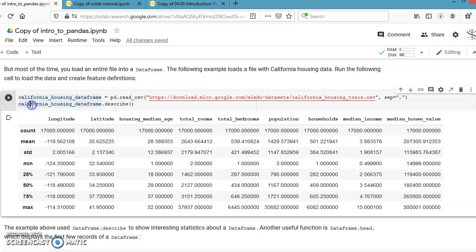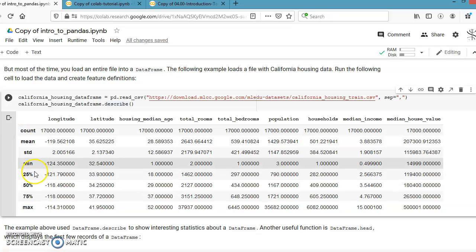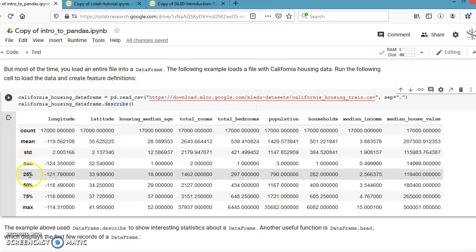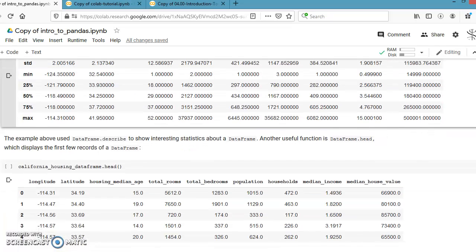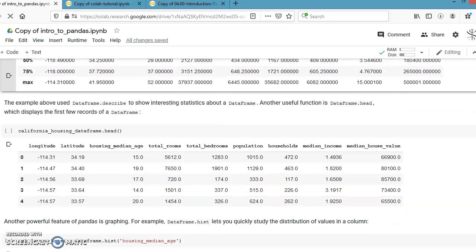Now this California housing DataFrame is passed to the describe method, where it is going to perform some operations like count, mean, standard deviation, min, 25%, 50% and max. All operations are executed over there by this display function. We'll show that file to you.